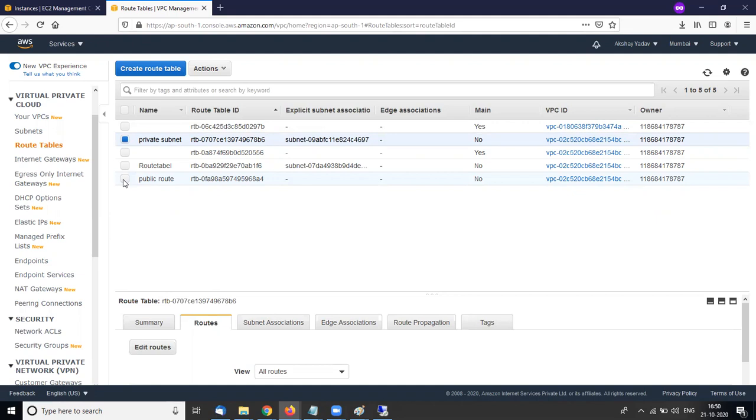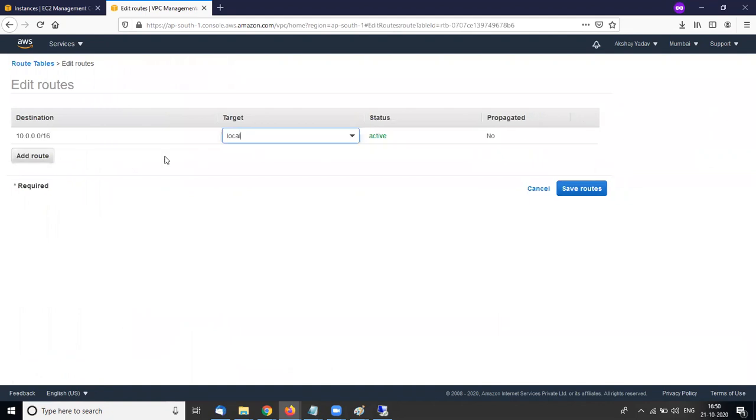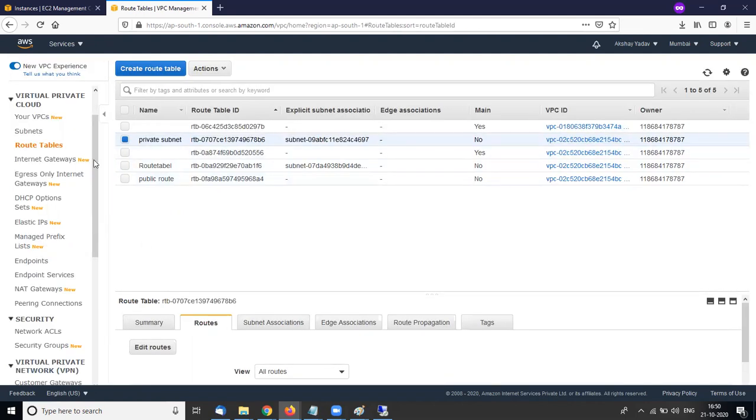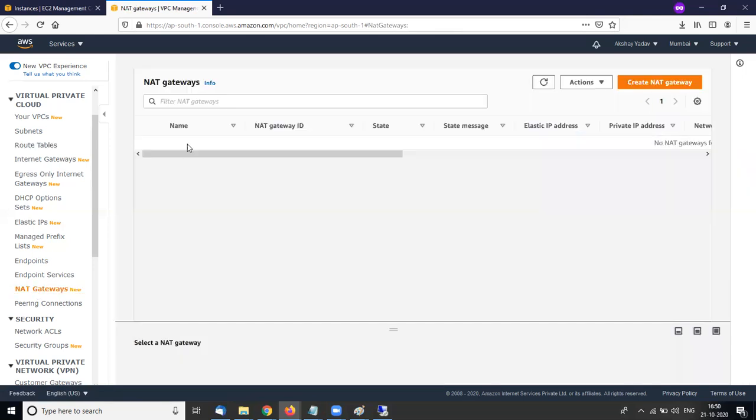Now the private subnet. I am adding routes for the private subnet. The IGW is already created with the public server, and I am creating a NAT gateway for this.